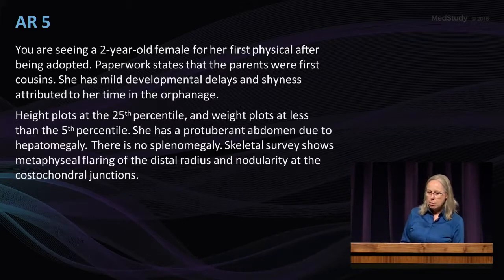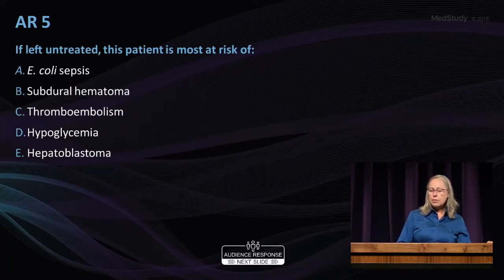She has a protuberant abdomen due to hepatomegaly. There is no splenomegaly. Skeletal survey shows metaphyseal flaring of the distal radius and nodularity at the costochondral junctions. If left untreated, this patient is most at risk of